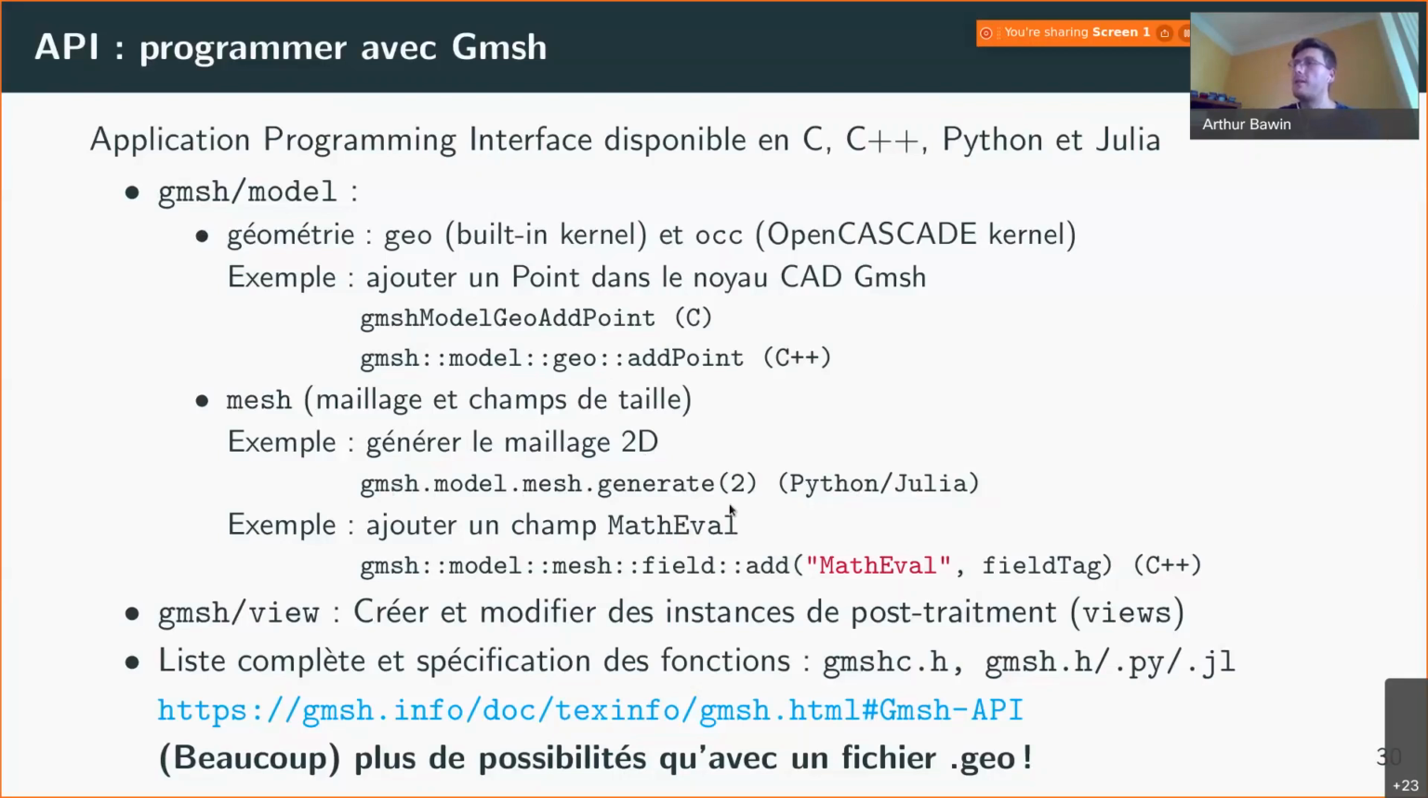gmsh.model.mesh.generate and specify the dimension. And if we want to add a math eval field in a C++ script, we're going to use gmsh model mesh field, the sub namespace for the field functions, and then add with the specific syntax, so the name and the tag of the field. And then at the primary level, you also have the gmsh view namespace, which is going to be used to create